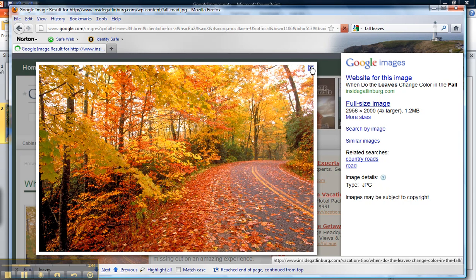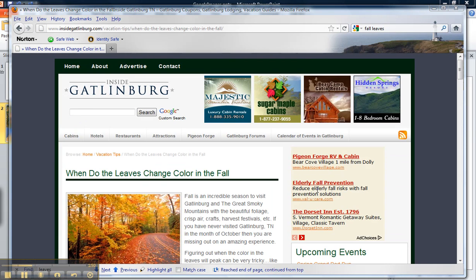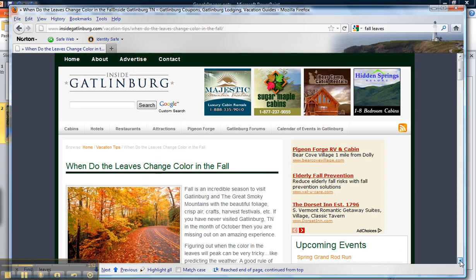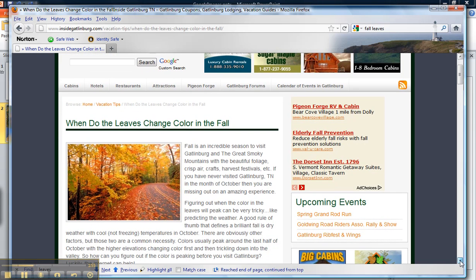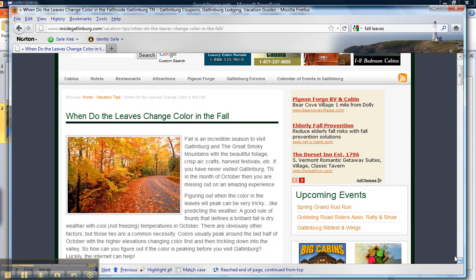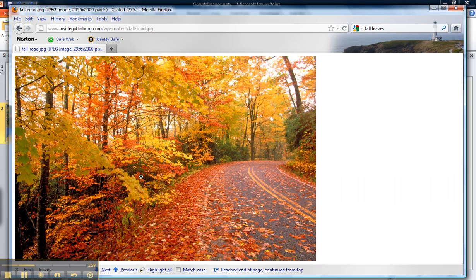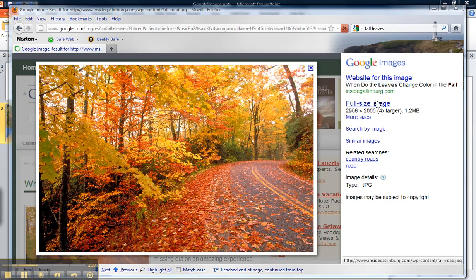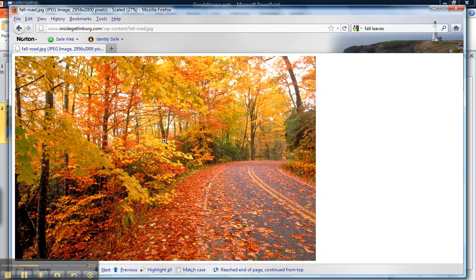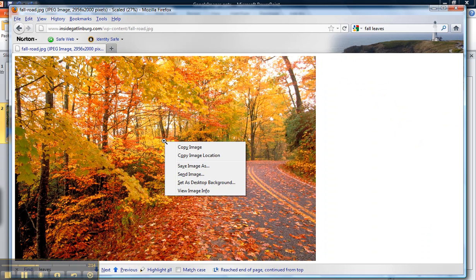But before I do that, I'm going to take a look on this web page here, and I'm going to try to determine if this is copyrighted or if I can use this. And so I'm going to do a little bit of checking around here. It looks like it is available. I'm not seeing any do not use signs on here, or private property. So I'm going to go ahead and get the full-size image, and I'm going to right-click this, and I'm going